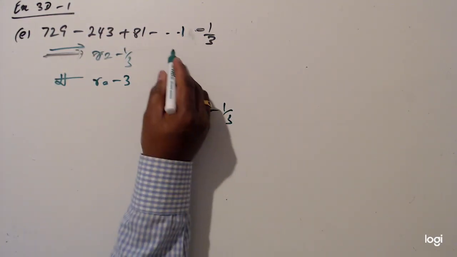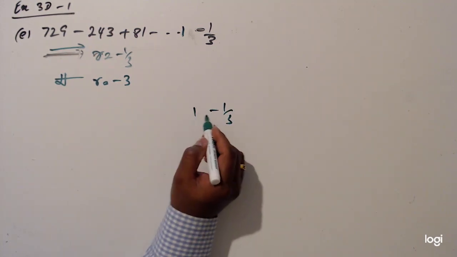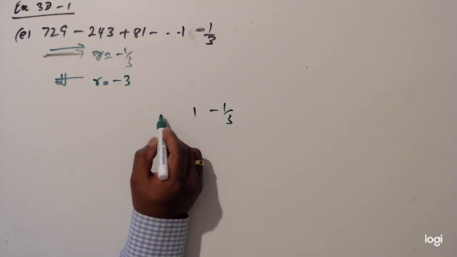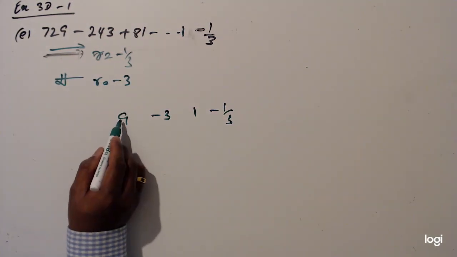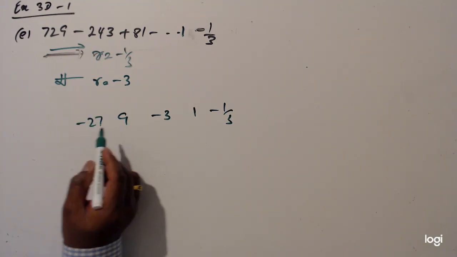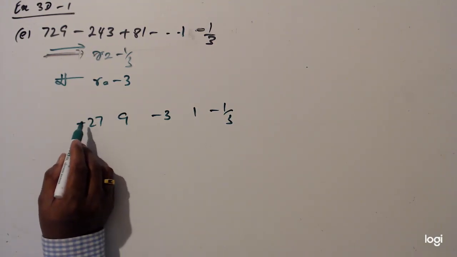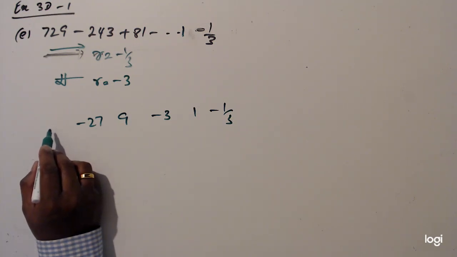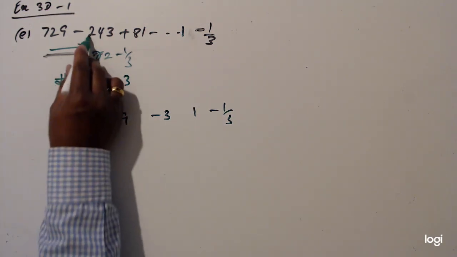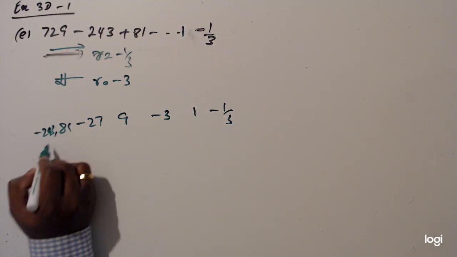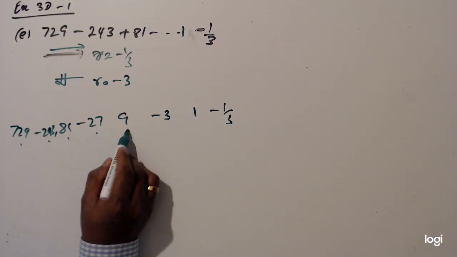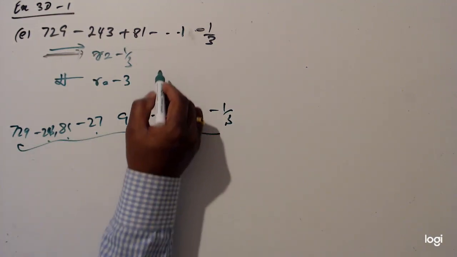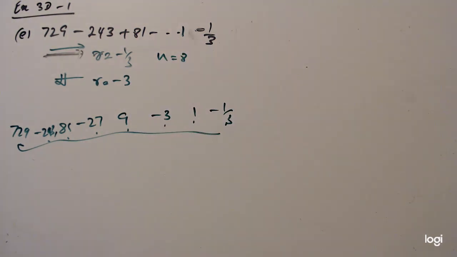Minus 1 over third multiplied by minus 3 is 1. 1 multiplied by minus 3, minus 3, then plus 9. 9 times minus 3, minus 27, minus 27 times minus 3, plus 81, and then minus 243, and 729. 729, 1 2 3 4 5 6 7 8. So basically n equal 8, so you can take that way as well, and then you can work out,